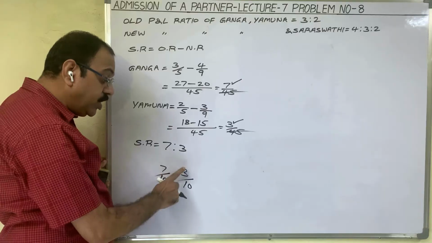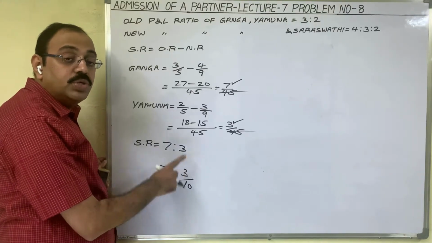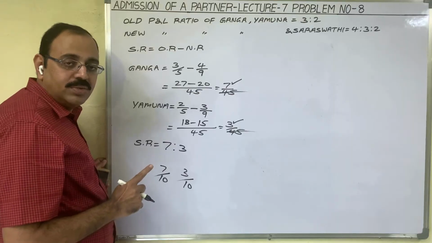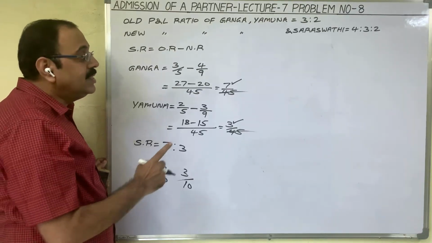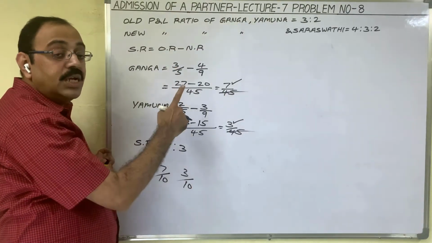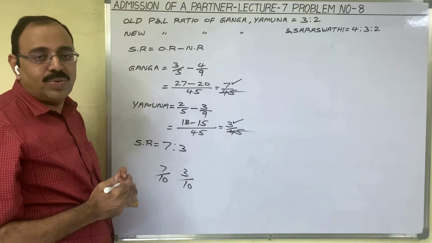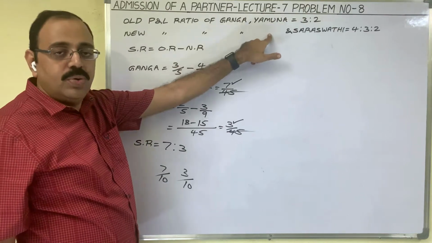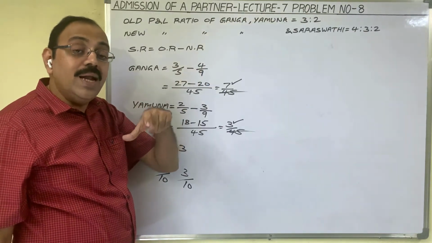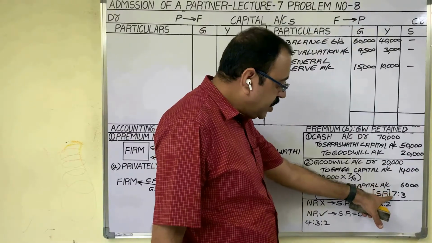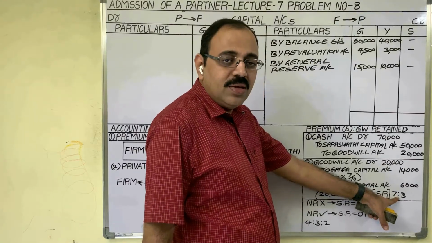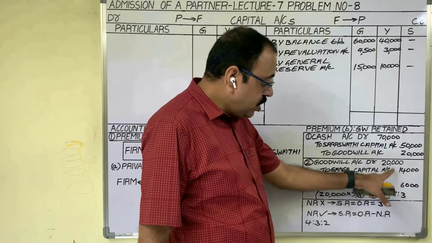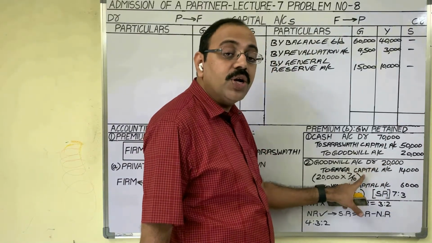So, in 7:3 ratio, we should distribute the goodwill to old partners' capital accounts. In public examination, sacrificing ratio calculation, he may ask for 2 marks also. In the question, he gives old ratio and new ratio, and he asks us to calculate the sacrificing ratio. Sacrificing ratio is 7:3. So not in old ratio, in sacrificing ratio, this 20,000 we have to transfer to old